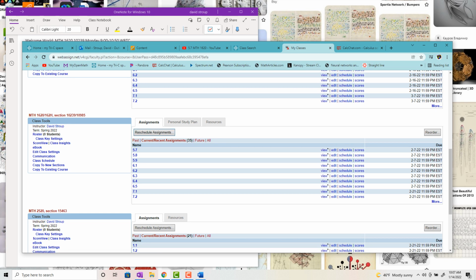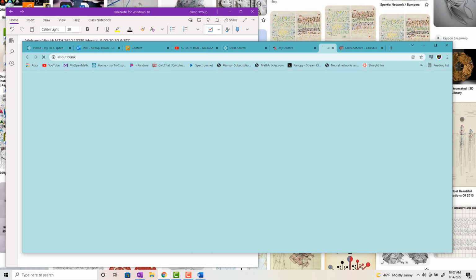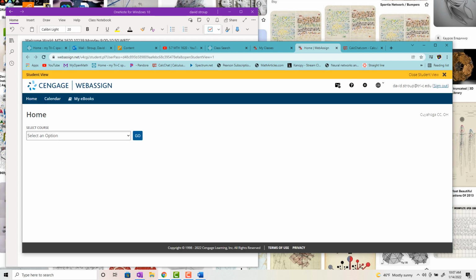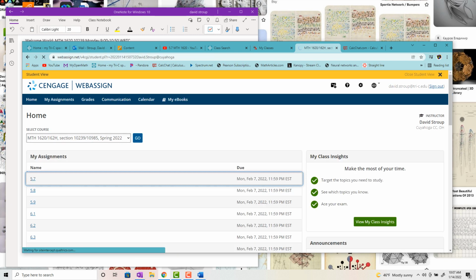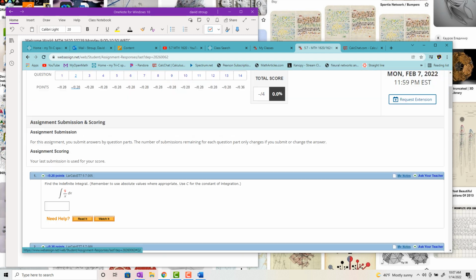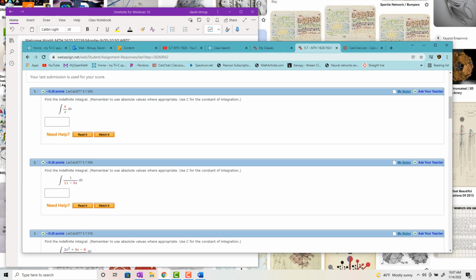Here is our homework. Let me show you what the student would see, what you guys would see. It says 1620, 16.2H. There's an honors class attached to this class, but the honors class didn't run this semester, so just disregard that. Go there and then start doing your homework. So 5.7, problem 2. Maybe you don't know how to do this problem, right?